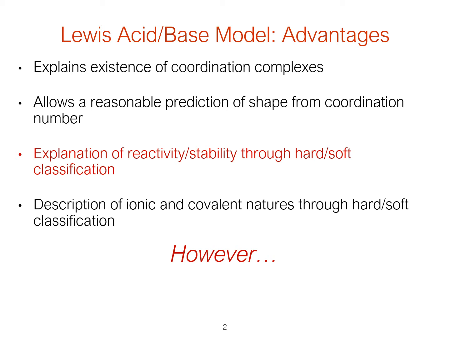So far we've looked at this Lewis acid and base model, and it has had its advantages. It's been perfect for explaining the existence of coordination complexes, for example, and how the bonding works, essentially why they exist, like how a metal cation can have 6 waters around it, or 4 ammonias and 2 waters around it, and this idea of the Lewis acid and the Lewis base works very well